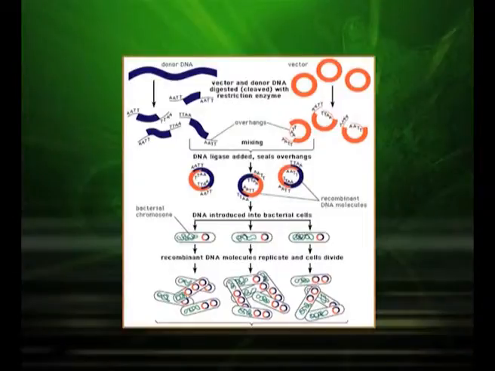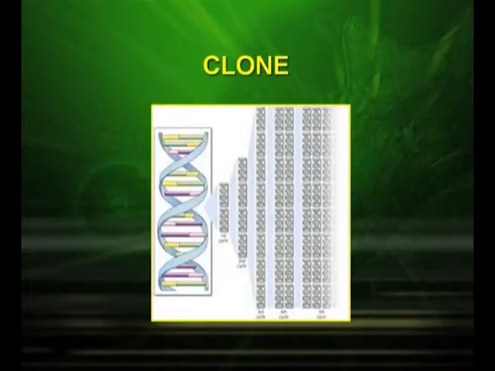Here is the donor DNA. The donor DNA is split into fragments of DNA. These are attached to the vector by the enzyme DNA ligase, and then introduced into a host cell, especially bacterial cells. When the bacteria replicate, the recombinant DNA molecules also replicate, and in this way you have a clone of DNA molecules. The next picture shows that from a small portion of DNA, many copies of the same DNA can be produced, which we call a clone.